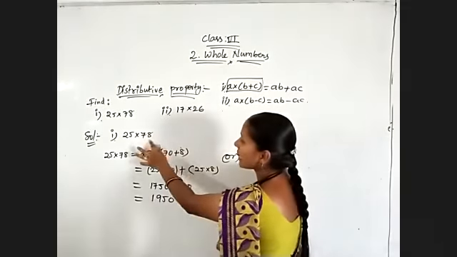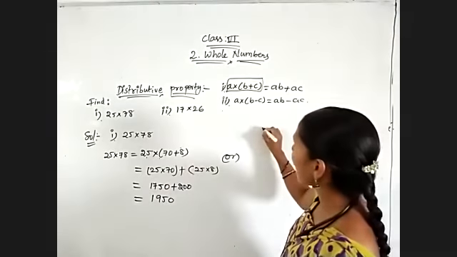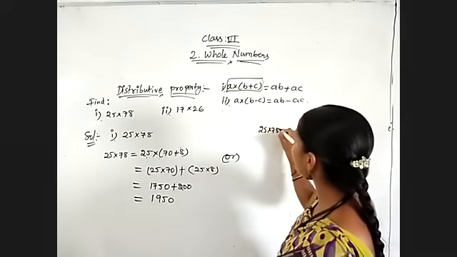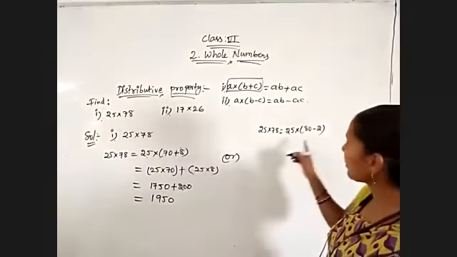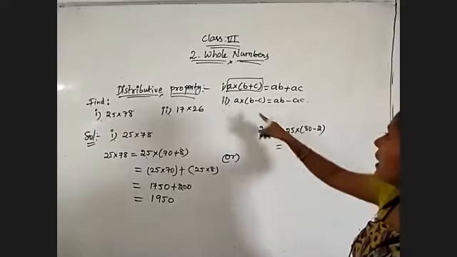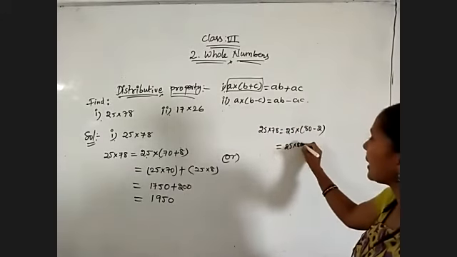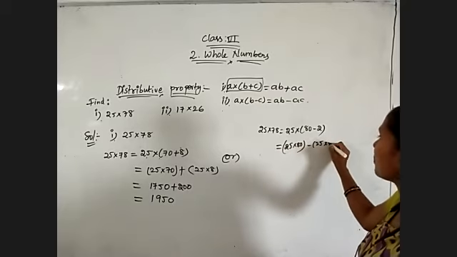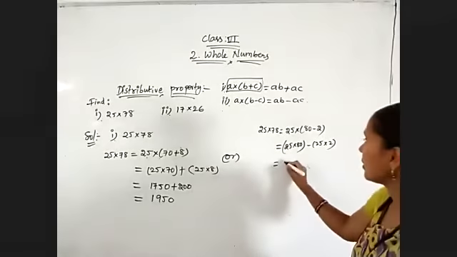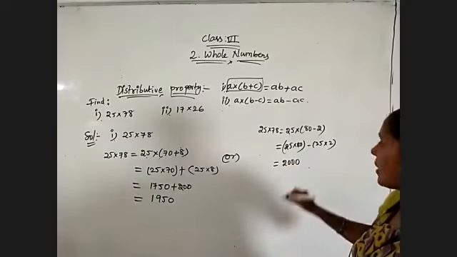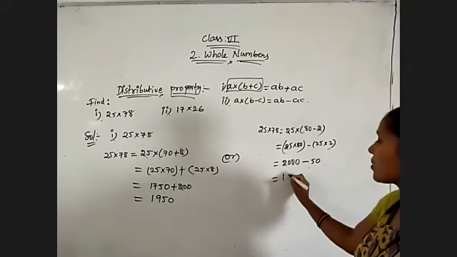Now do it using subtraction, because 78 lies between 70 and 80. So 78 we can write as 70 plus 8, otherwise 80 minus 2 also. So 25 into 78 is equal to 25 into 80 minus 2. Now I am using subtraction, A into B minus C, so AB minus AC. That is 25 into 80 minus 25 into 2. 25 8s we did as 200 and 1 0 is there, so 2000 minus 25 2s are 50. So 2000 minus 50, that is 1950.